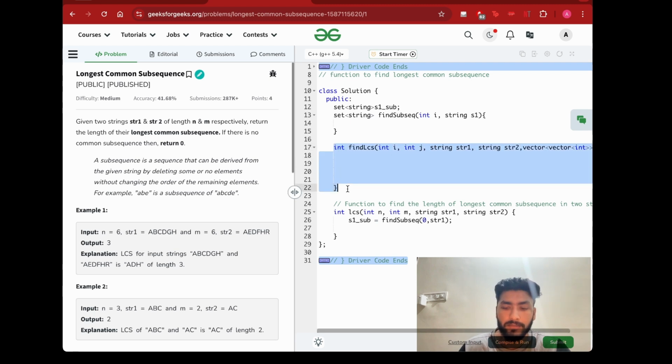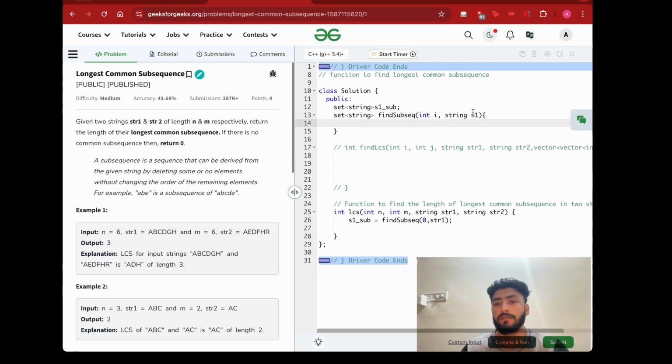Let's just comment this out. Yeah, so what does this I signify? So finding out all the subsequences, what we will do is, first of all, we'll keep on considering each character. We are at A, we'll count it as a subsequence. So what we will do is, if E is there,